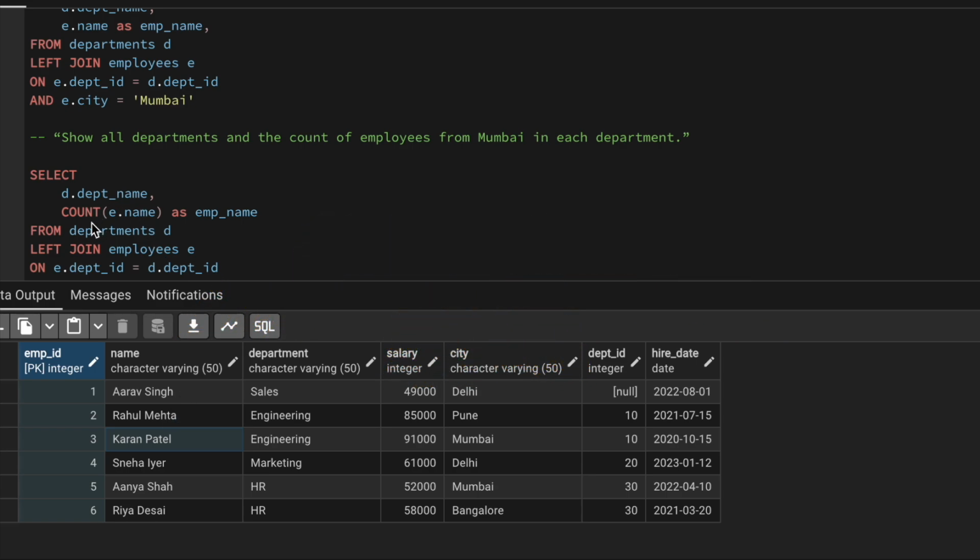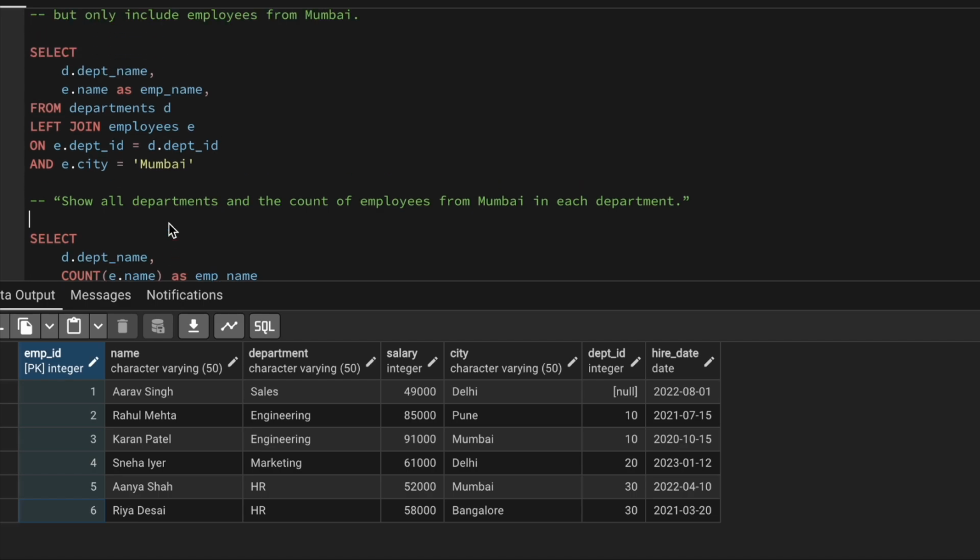But if we have employee underscore ID, then it is going to look at every single row and then will return the count of employees. In our case, because this is a small data set and you can see that everything is filled in, I do not really have an example to showcase, but you can try it yourself and let me know.